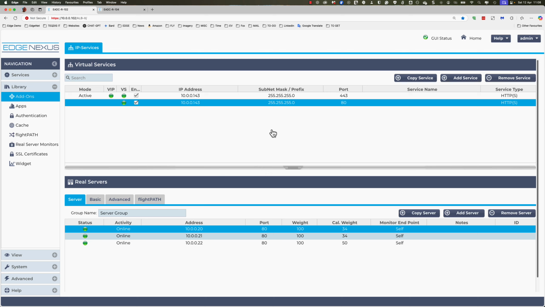In this video, we'll be discussing apps and add-ons. So the Edge ADC has a method of running applications within containers that are secured with encryption. These apps are available from the Edge ADC App Store, which is located at appstore.edgenexus.io or within the actual